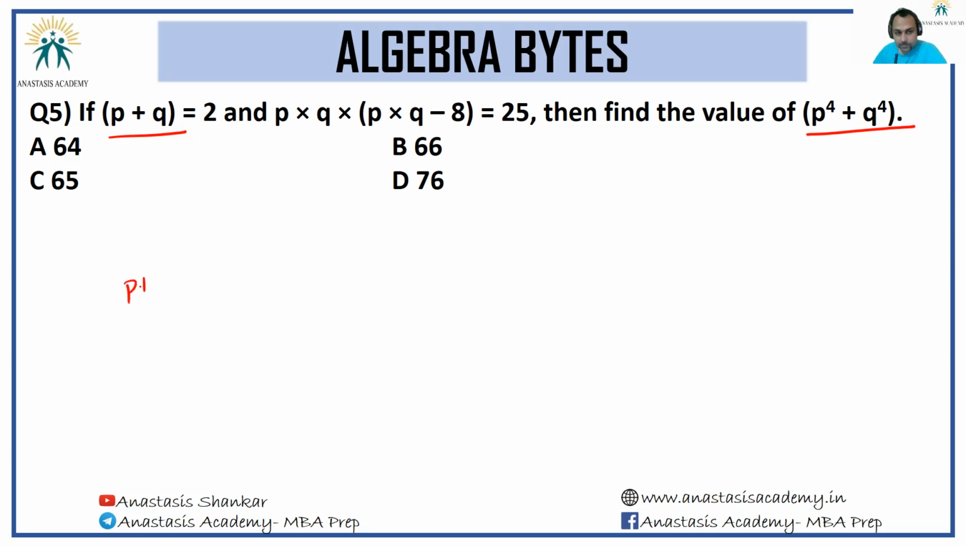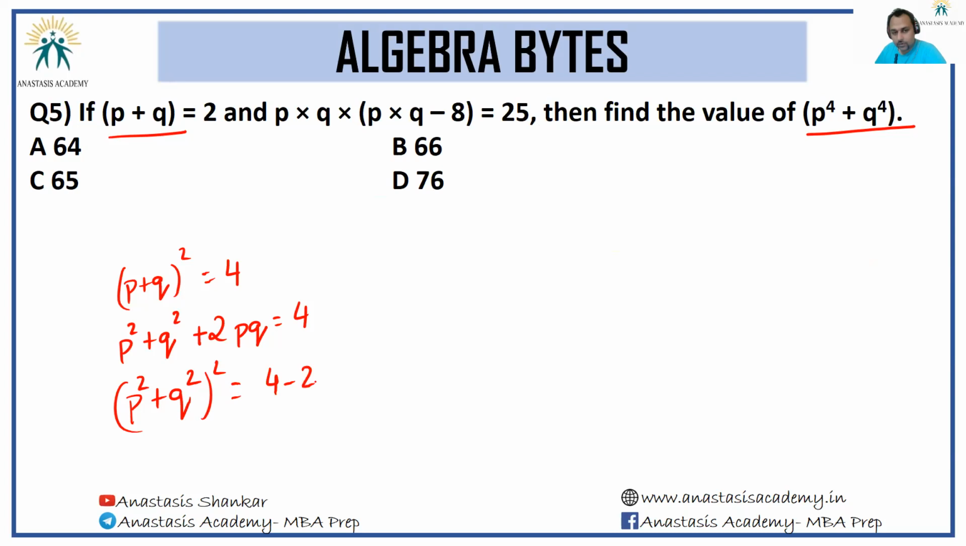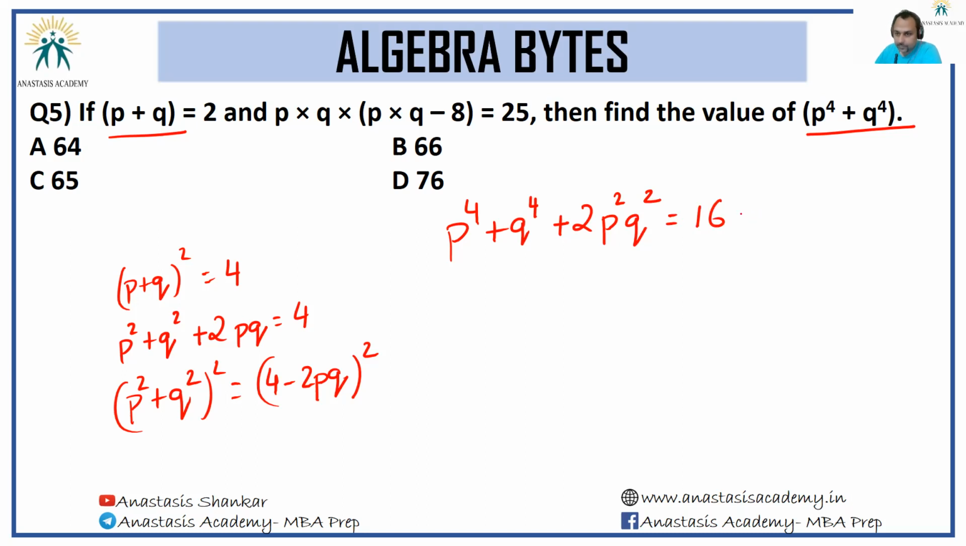So let me go: P plus Q whole square is equal to 4. So P square plus Q square plus 2PQ is equal to 4. Okay, let me take it to the other side. Now I have P square plus Q square whole square is equal to 4 minus 2PQ whole square. So I get P raised to the power 4 plus Q raised to the power 4 plus 2 times P square Q square is equal to 16 minus